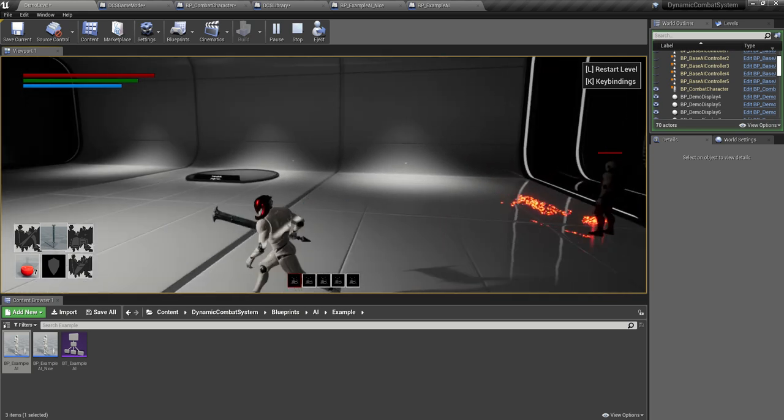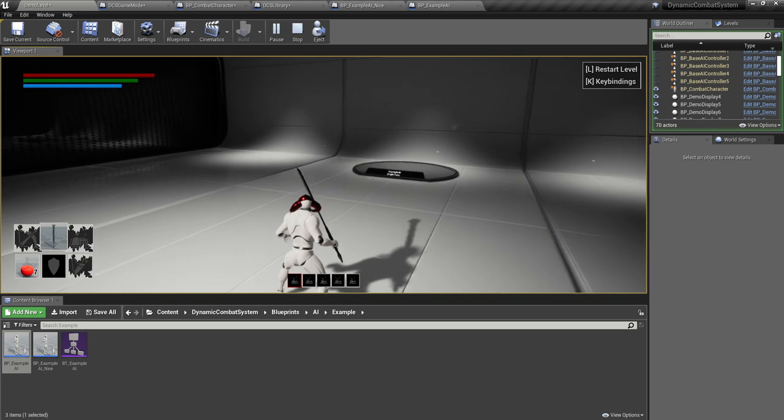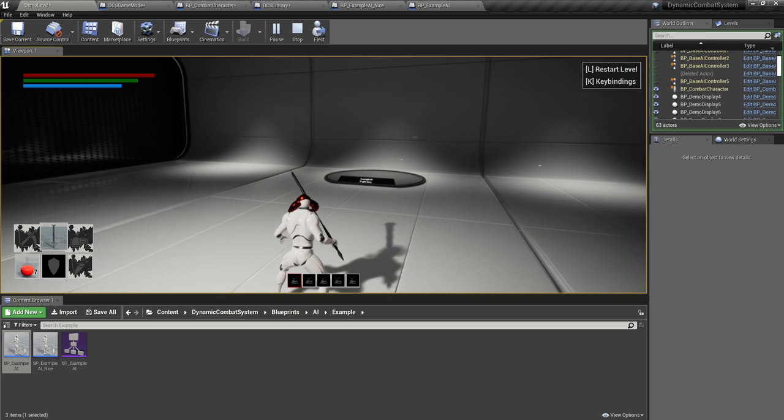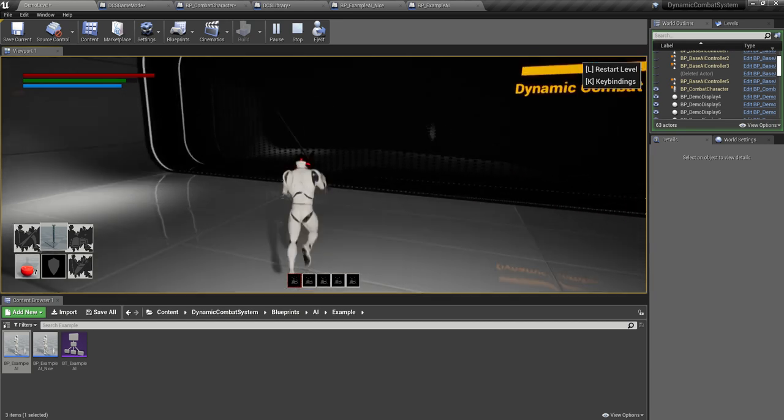Alright, and I'm going to end this first video here for now. In the next one, we'll take a look at changing some weapon montages and roll montages. We'll add some text to the health bars and do a couple other little things that'll make the gameplay